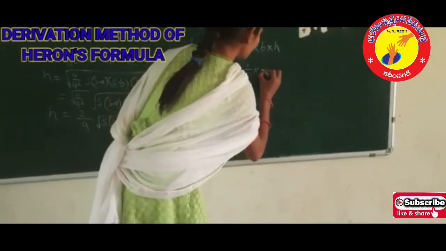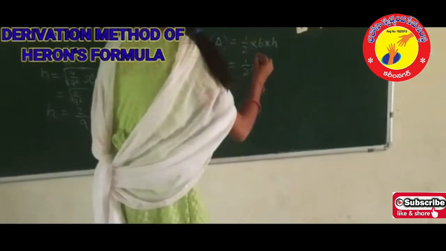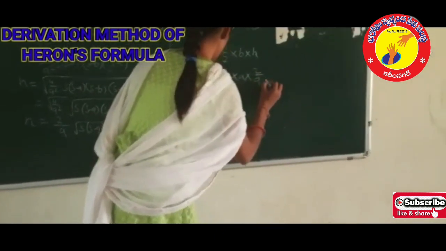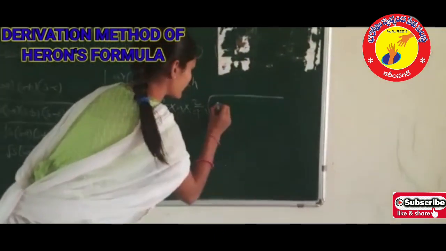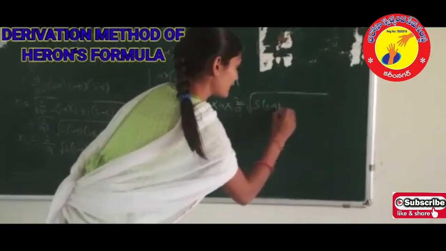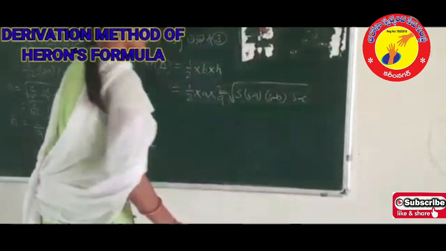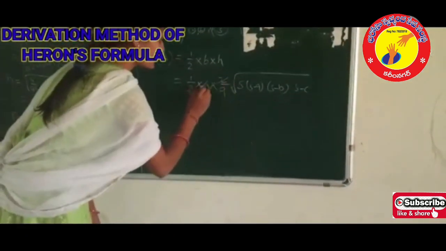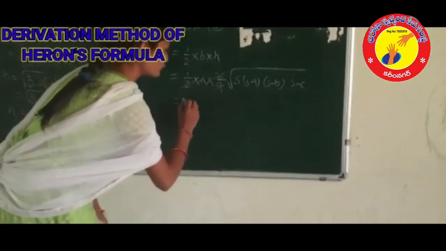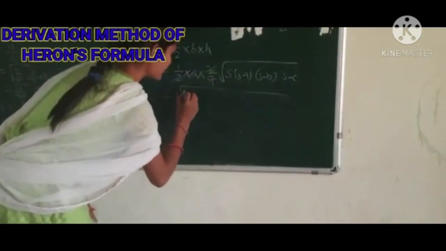We substitute these values. After that we get 2 by a under root of s, s minus a and s minus b, s minus c. Here 2 cancels and here a cancels. After that we get s of s minus